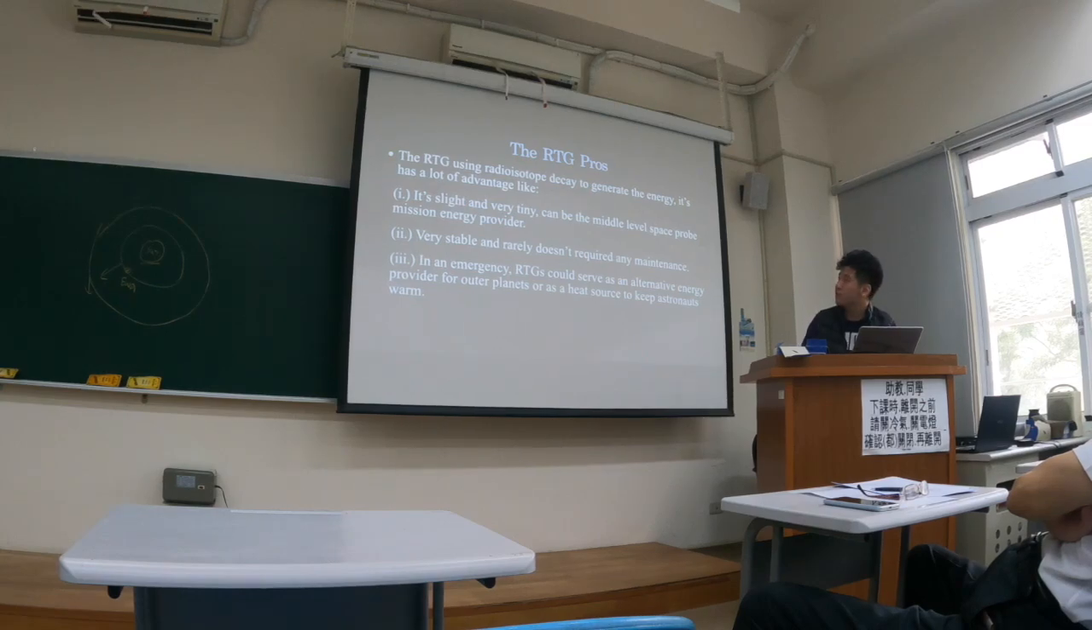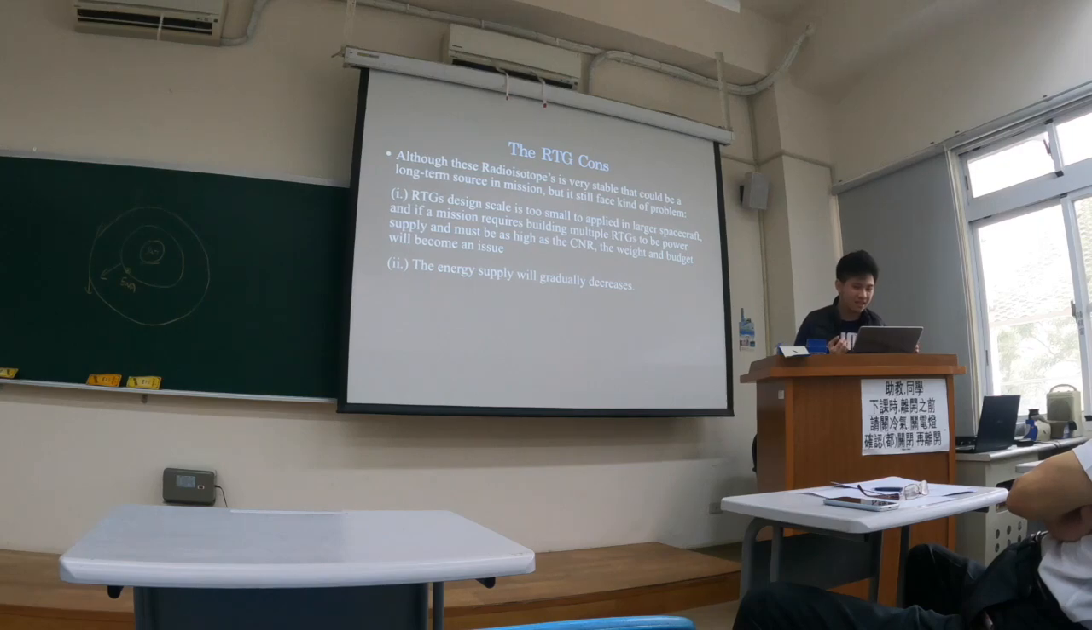However, although the RTG is very powerful, tiny and stable, it has a kind of disadvantage. Although this radioisotope is very stable, the energy supply will gradually decrease because the radioisotope has a half-life. The RTG usually uses plutonium-238 as the fuel, and the plutonium-238 half-life is almost